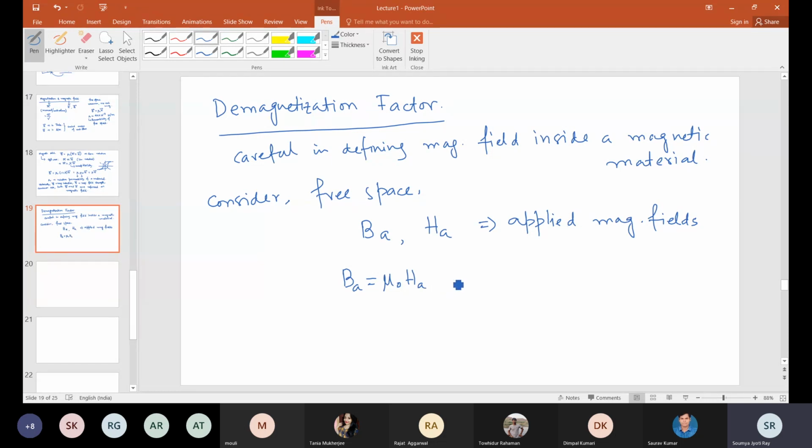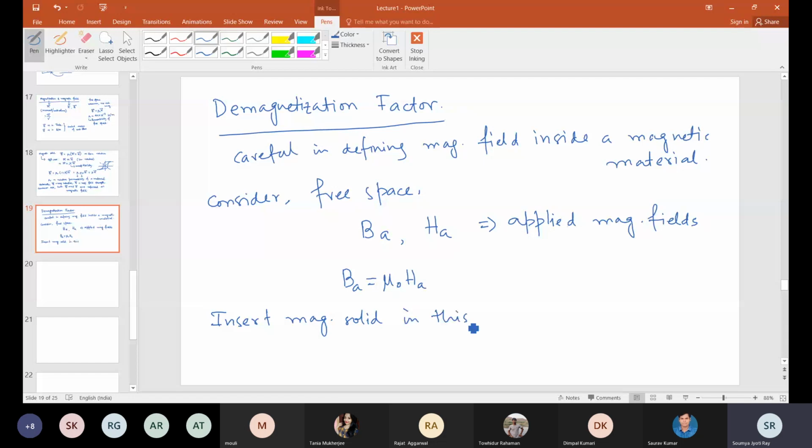That is true in free space. Now in this space, if we introduce a magnetic material, or a magnetic solid,